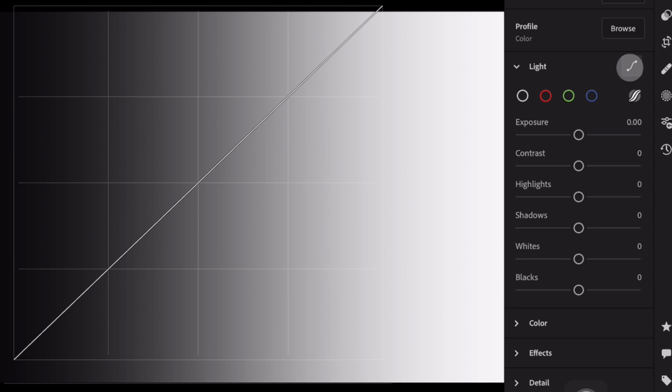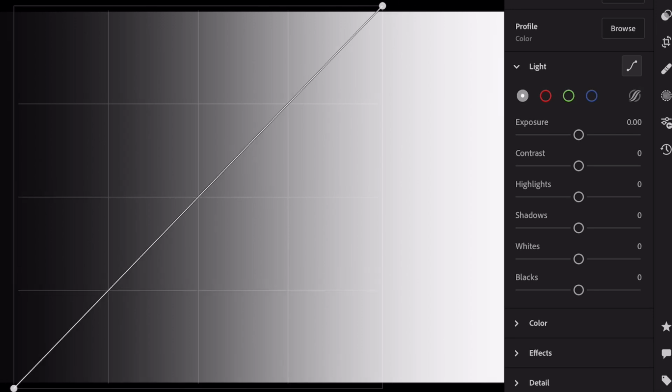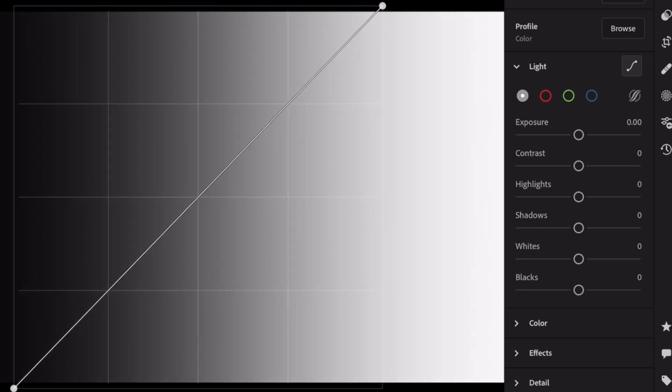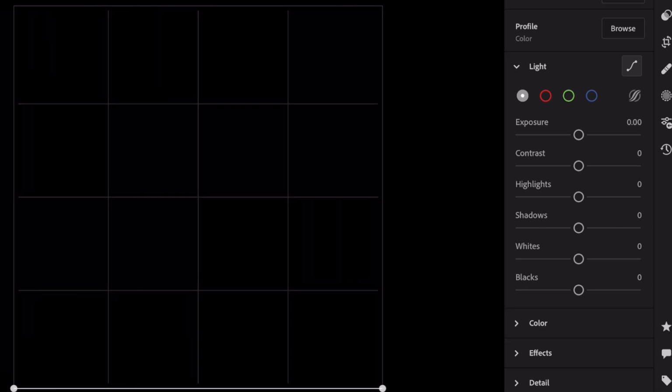This line represents the tonal range of this image. In this particular case, it's just a simple black to white gradient. Now you can see at the bottom we've got the shadows or the blacks. In the middle we've got the midtones, and at the top we've got the highlights. Now if I bring the shadows up, I make the black parts of the image white. And if I do the opposite, if I drag the highlights or the whites down, I make the white parts